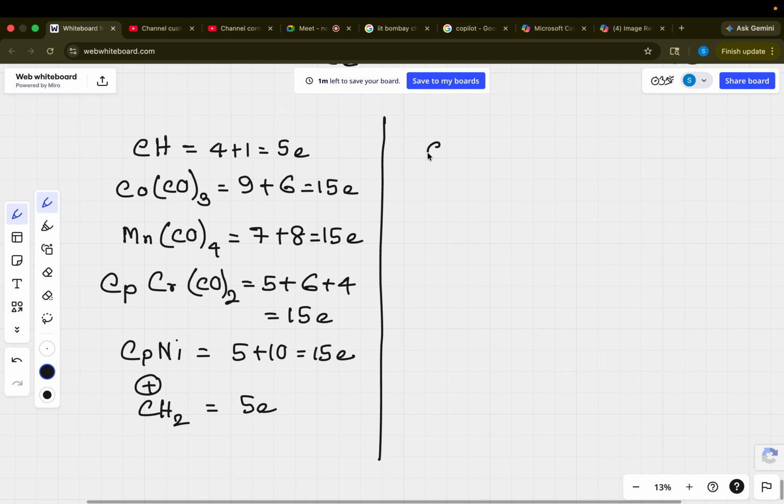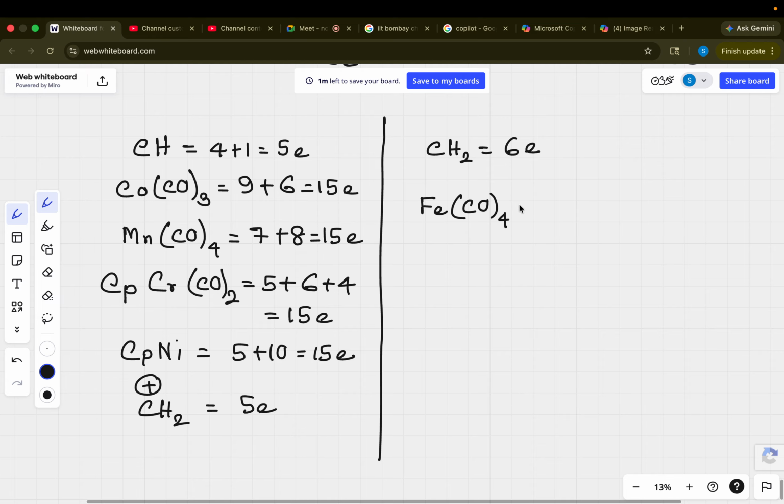Okay, similarly I can write down CH2. So CH2 means basically you will get 6 electrons. So with CH2 you are getting 6 electrons, right? Okay, fine. So now write down, suppose you have